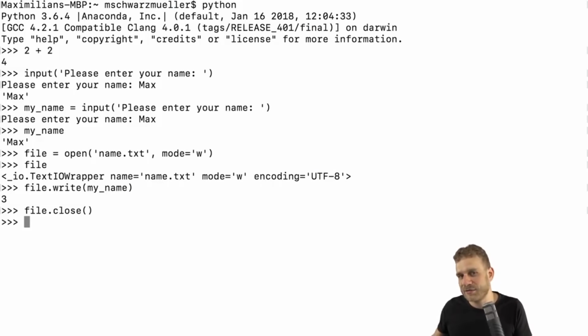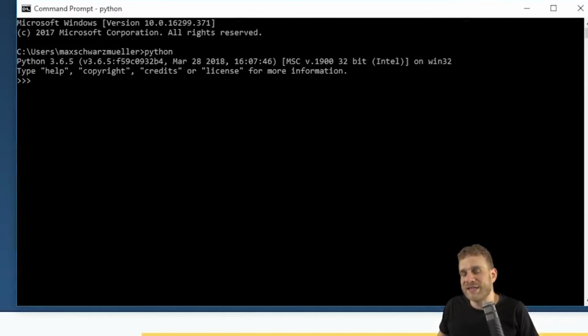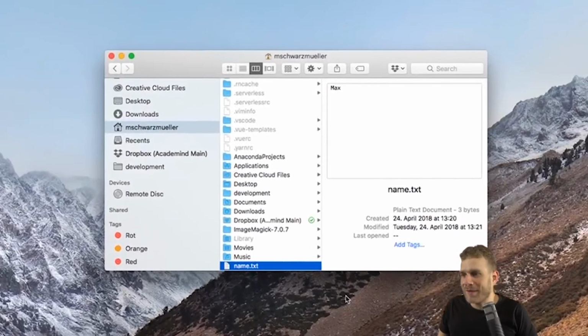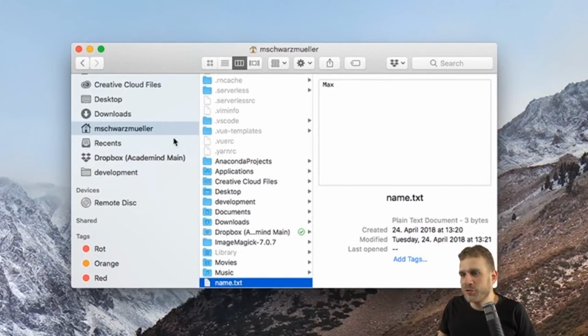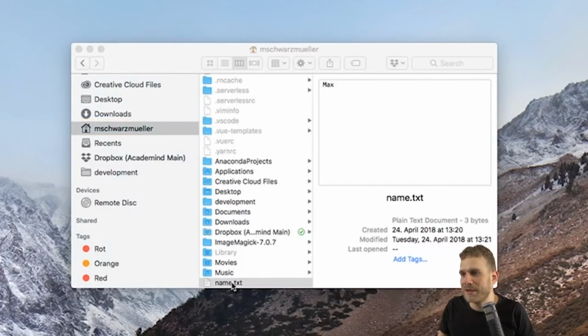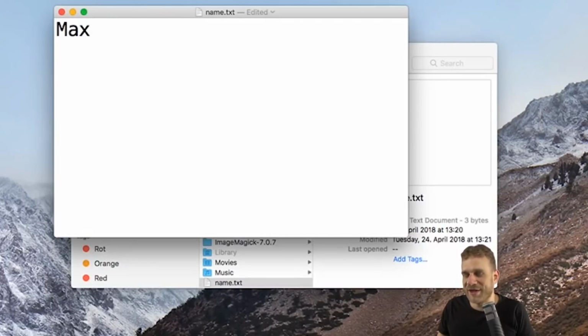And if you do that, let's quickly navigate into that folder where you're executing your terminal or command prompt in the Finder or Windows Explorer. You can tell which path this is running in on Windows on the left side of your terminal when you enter Python. There you should find the path it's currently running in. On Mac, it should simply be in your user's main folder. There you should find a name.txt, and if you open it, you should see the name you entered in there.